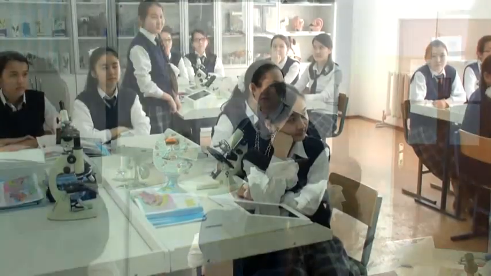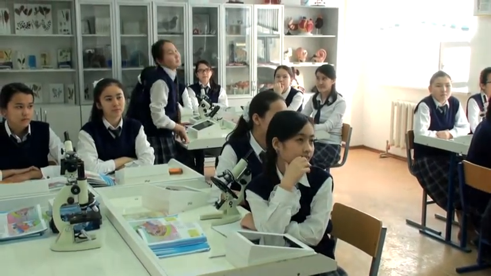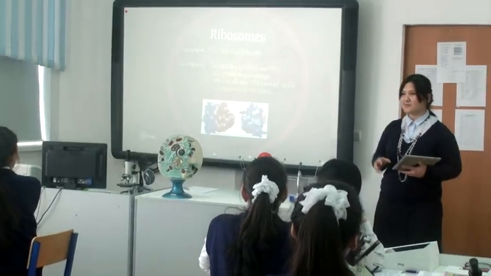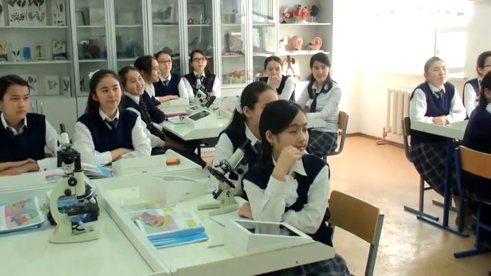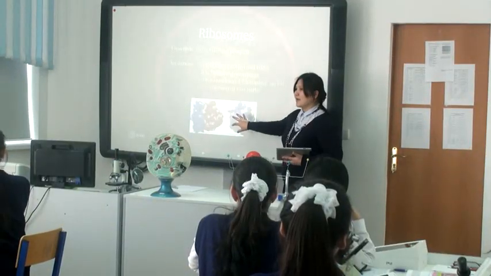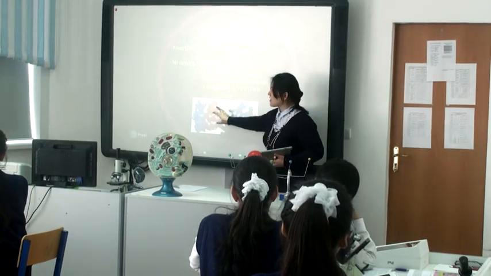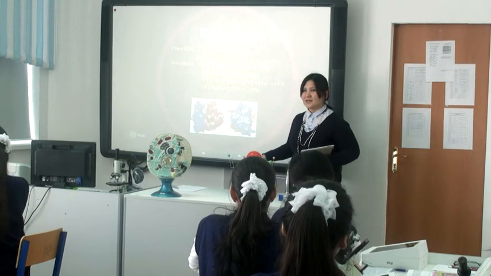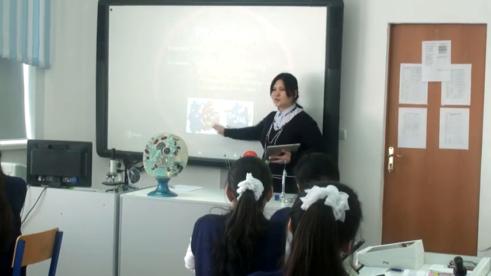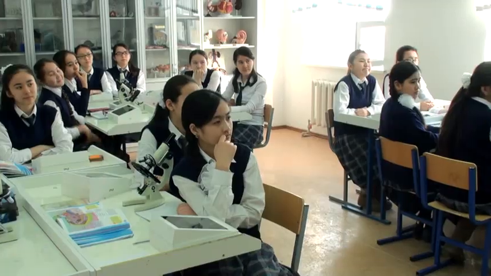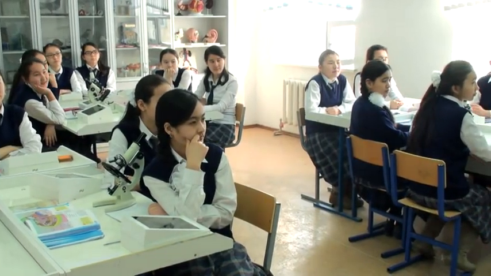What were proteins? Yes, we know. Proteins are the building blocks of our organism. Yeah, and it is an organic compound, right? Which helps to build the organism. The unit of protein is amino acids. Yeah, the chain of amino acids is made by the ribosomes. By structure, ribosome contains protein and rRNA. Here you can see two parts, blue and red. Okay? Proteins are passing through these two parts, through this blue and red.